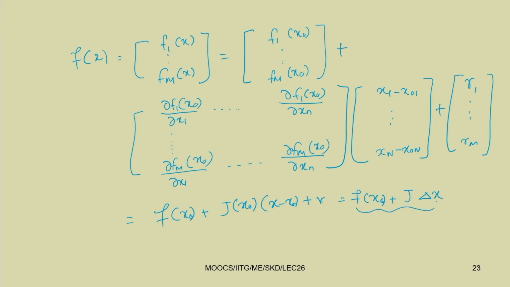This equation is similar to what we have studied in the case of the single variable case, and now we can find the next iteration, or this delta x. Delta x is nothing but x minus x0, that is the next step we can take, and we can find the next iteration and we can solve the set of